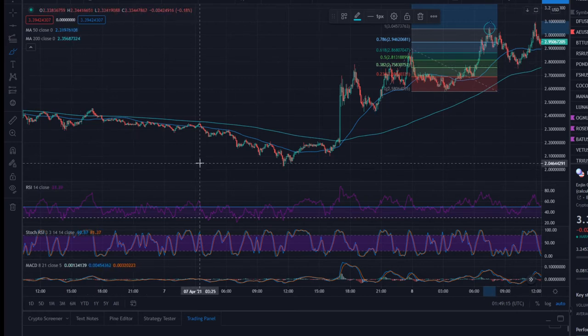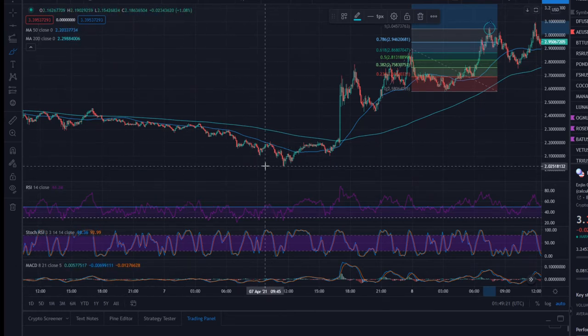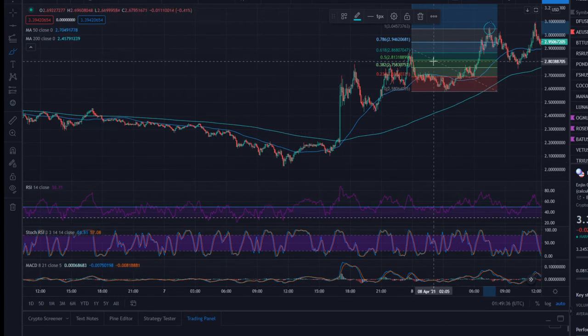Now, using this in confluence with the Fibonacci retracement, you will then have a better idea. Granted, no trading strategy is 100%. If anybody tells you they have a 100% success rate with any trading strategy, they are lying to you, and I guarantee that. But all of these indicators and all of these technicals will help you get a better estimate, right? An educated guess, if you will,